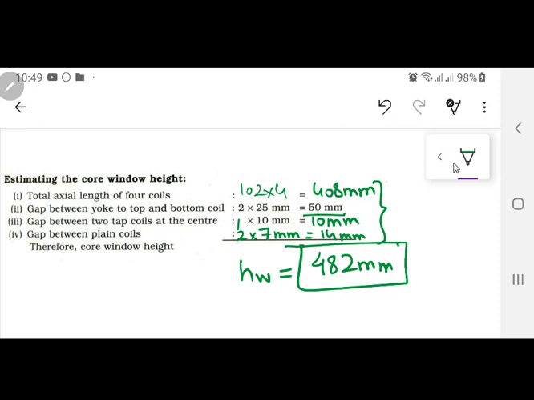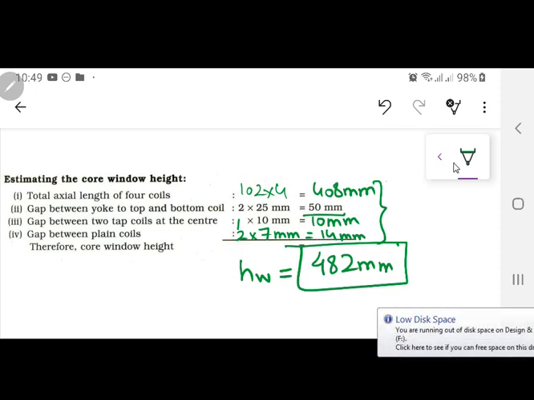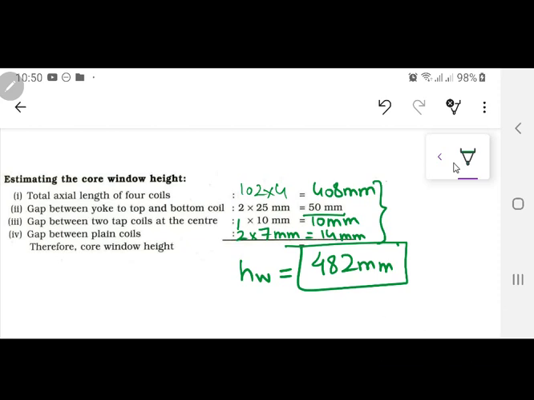Now low voltage winding will be designed in such a way that it should fit in this much length. Okay? You may have gone in the other way कि आपके पास पहले low voltage winding डिजाइन करते, and then high voltage को fix करते. But the disadvantage in this way is this: high voltage has a larger number of turns. ठीक है, उसको अरेंज करना मुश्किल है. In low voltage winding the conductor is fixed, it is having more conductors, so you can arrange it by disposition of W cross B. ठीक है, लेकिन अगर वहां भी ना हो by somehow, then you will come back and again change the design of the HT.